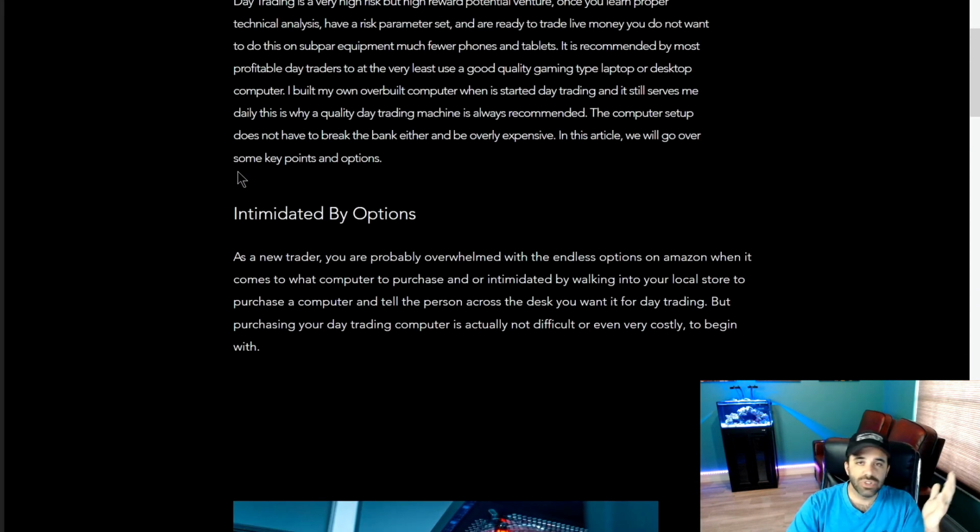Now, as we know, day trading is a high-risk activity, so you want to make sure that your computer is something that you can rely on. It doesn't mean that your computer has to be this amazing machine capable of doing 3D virtual reality gaming or any of that stuff, but you want to make sure the machine is reliable. You don't want it to be a machine that's going to freeze on you periodically,